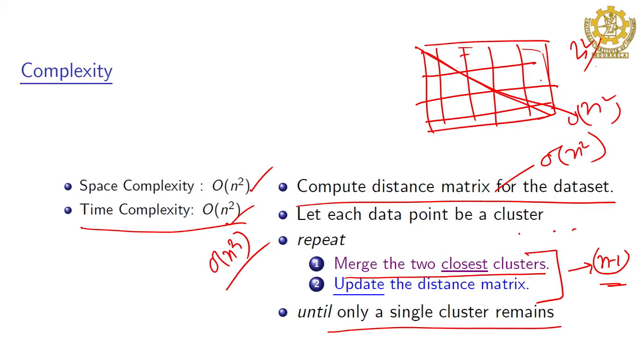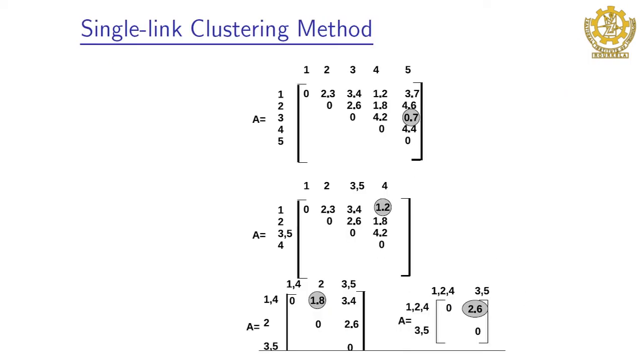With one example here. So, this is the distance matrix, which has already been computed between 5 points. Okay. So, here we work it out. As we know, the Euclidean distance is symmetric. So, this point will be 2.3 and this point will be 3.4, this point will be 1.2, this point will be 3.7 and this will be 2.6, this will be 1.8, this will be 4.2. I think I am doing some